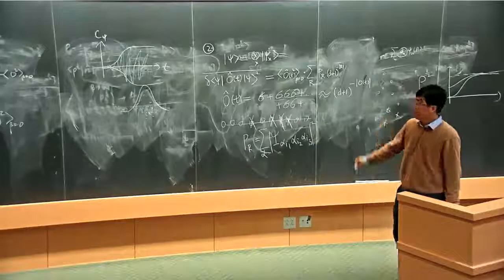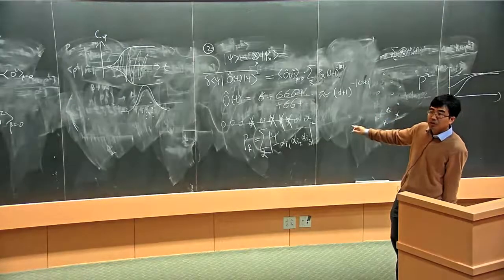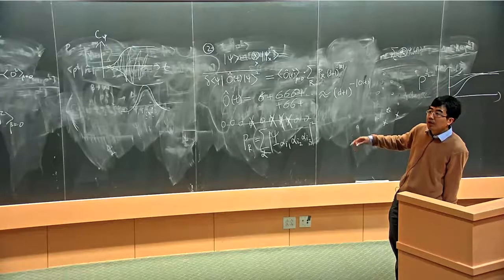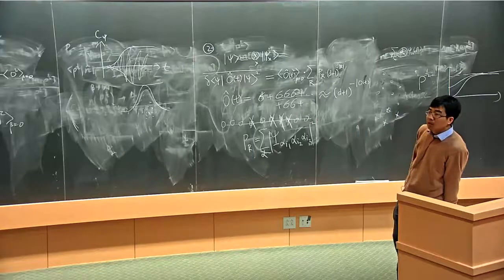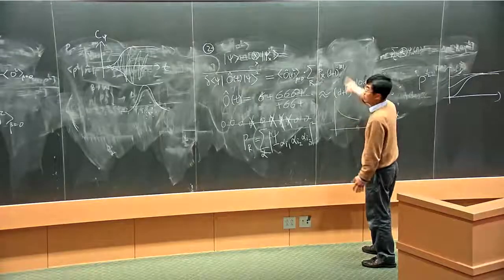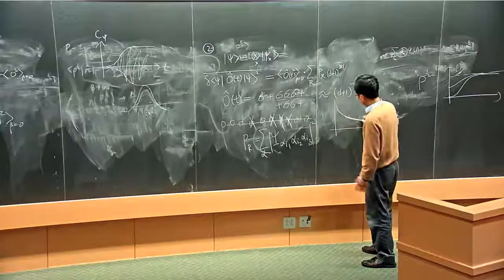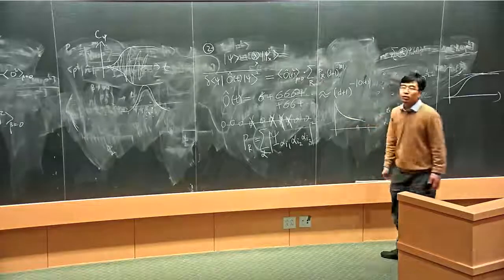But you need to be careful to avoid double counting. This doesn't include the operators that are actually supported on a smaller region than R, a subset of R. I excluded that, just exactly R. And so numerically you can see this noise will go down because the size goes up. Numerically you see the fluctuation of this quantity goes down like that, which corresponds to the size growing and saturating.